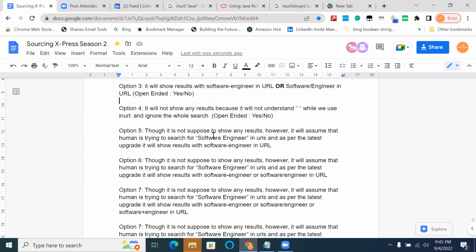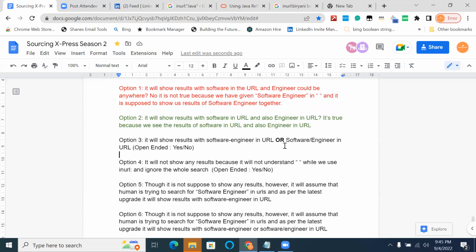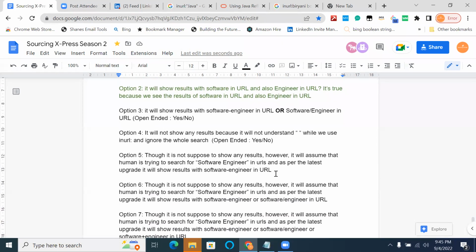Option 5, though it's not supposed to show any result, however, it will assume that human is trying to search for software engineer in URLs, and as per the latest update, it will show results with software-engineer in URL. True, false? True. True, true. If this is true, then this also should be true. That's what we said.